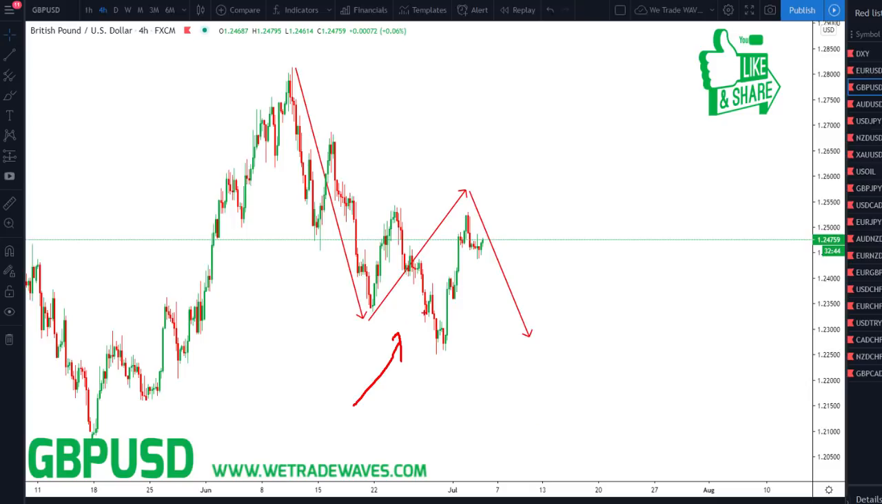What we said last week here, we said correction, one more push down, and then upside again. If you remember this forecast,